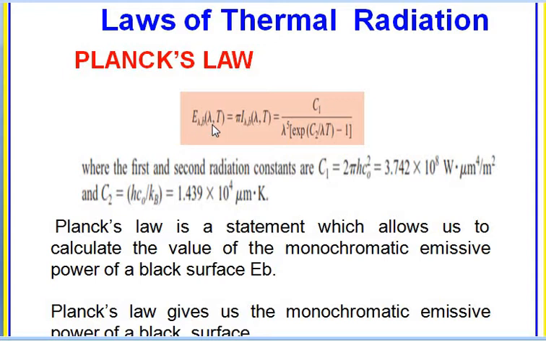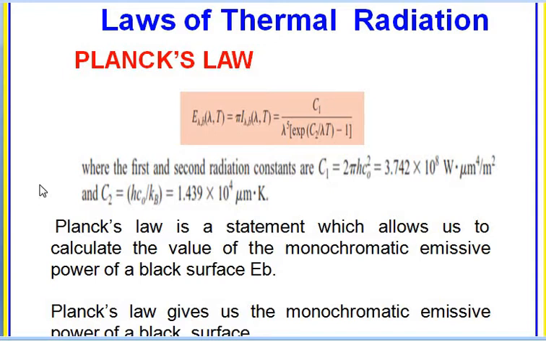According to Planck's statement, it is mathematically written as emissive power, that is E lambda of a black body at a particular wavelength and temperature, is equal to pi times the intensity of radiation at the same wavelength of a black body, that is equal to C1 divided by lambda raised to 5 multiplied by e raised to C2 by lambda T minus 1,